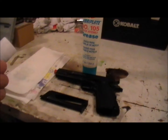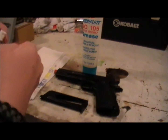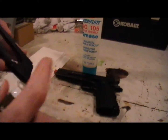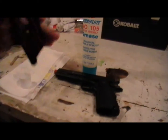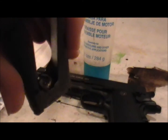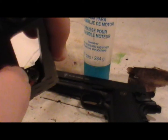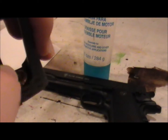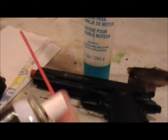First, you'll take your silicone oil. I recommend using the little straw that it comes with, and you'll fit that on there. The areas that need to be lubed are in here, and this is only if you have a CO2 gun. Other than that, you won't need to lube your mags if you have a green gas gun. So for CO2 users, lube here and